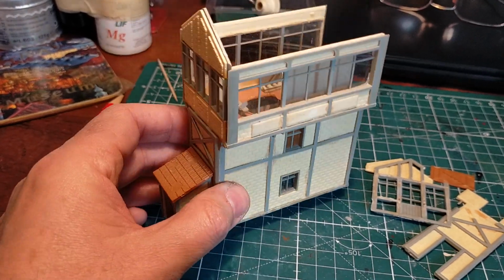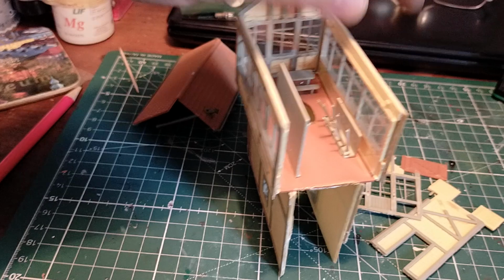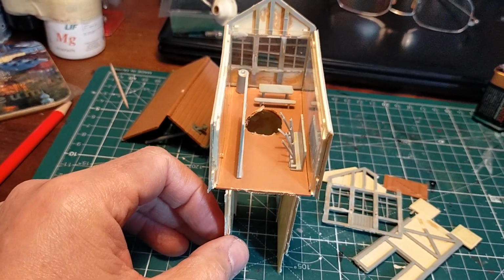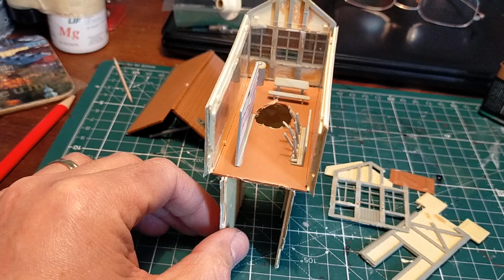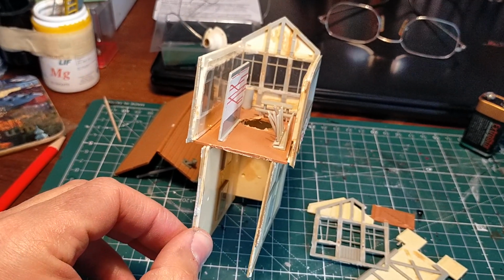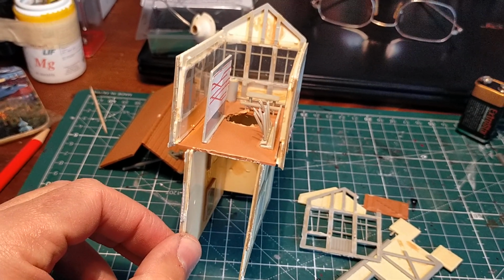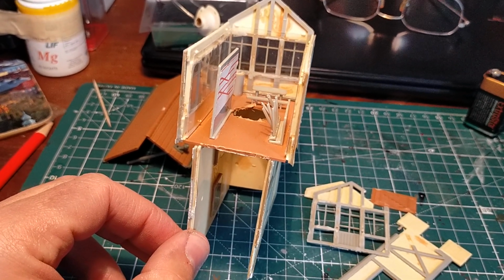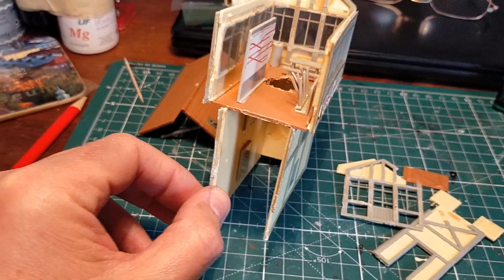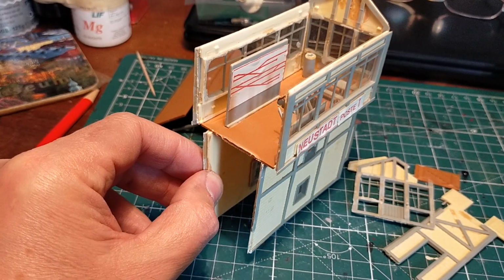I mean, there's no point in judging, because I myself, I remember at the very beginning I was using Uhu glue, and some pretty terrible results in my model kits. Then when I was 11, 12, I began using proper cement, like liquid cement, like the Tamiya cement. It wasn't Tamiya cement, it was another brand, but it was the same idea. Anyway, when I restore this, I will be using glue and glaze mostly,